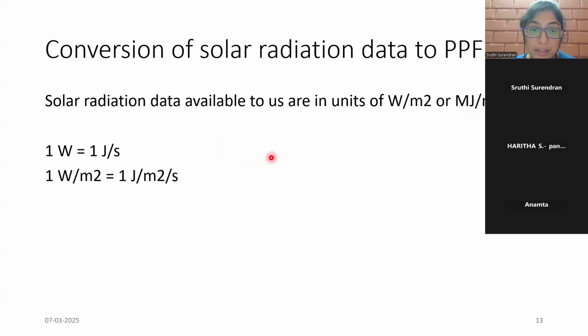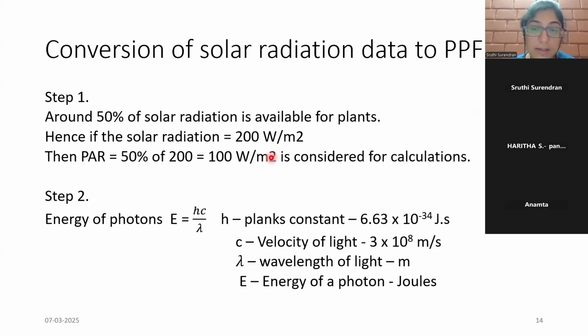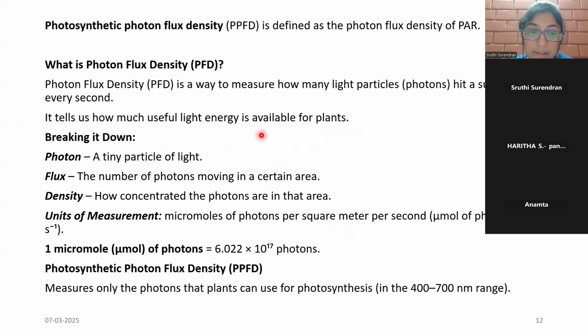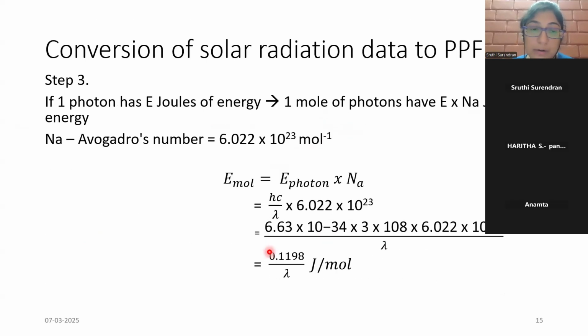So 6.022 into 10 to the power 23 is the Avogadro's number, and it is in units of per mole, that is photons per mole. So this many number of photons are there in one mole. So earlier I had talked about the same number in terms of micromole. So that is why this number is coming down to 10 to the power 17. So Avogadro's number is the number of photons per mole of photons, and it is 6.022 into 10 to the